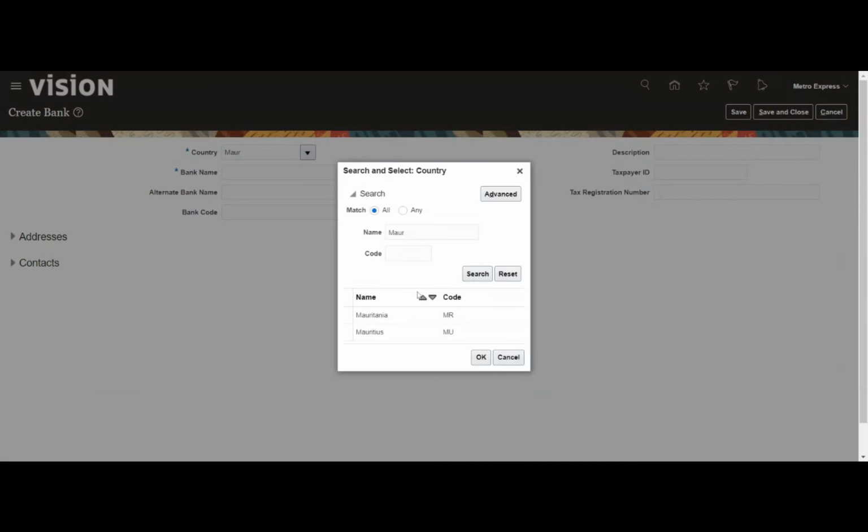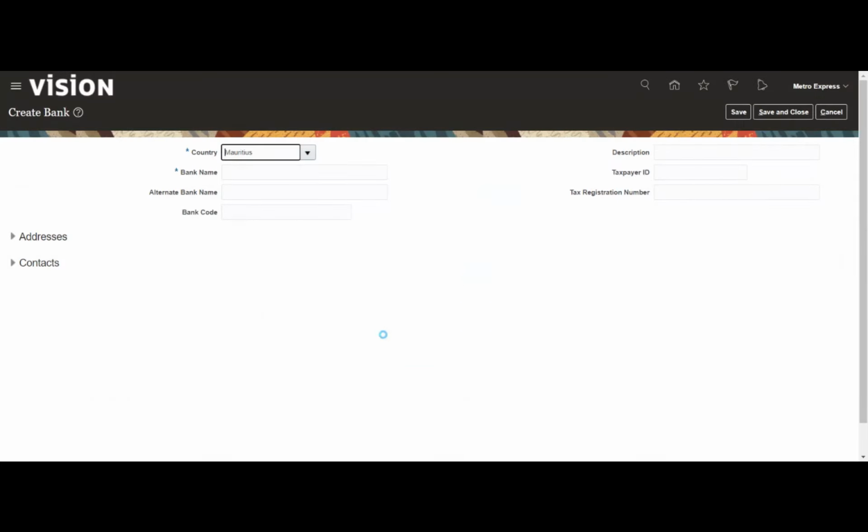My functional currency is Mauritius, so that's why I'm picking the country as Mauritius. Based on the operation, we can select these banks.